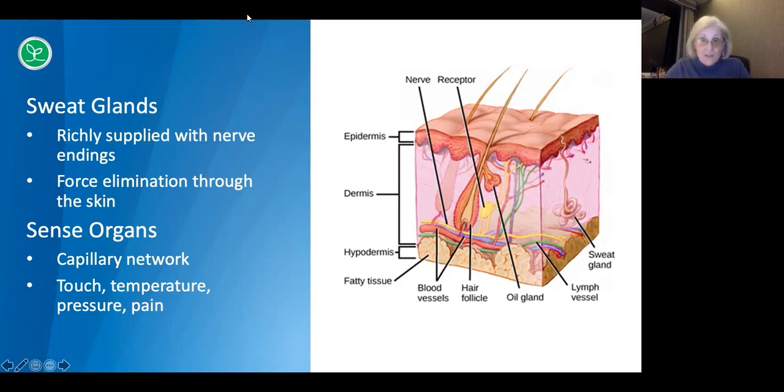We also have the sensory nerves there. Let's see if we've got a picture of the nerves. I'm not sure if our little images cover up some of that, but there it is, nerve receptor. You can see it. The sensory nerves sense and transmit heat, pain, and other sensations. But when they're not functioning properly, sensations such as numbness or pins and needles or pain or tingling or burning can be felt. Now, we also have what are called the sebaceous glands or the oil glands,